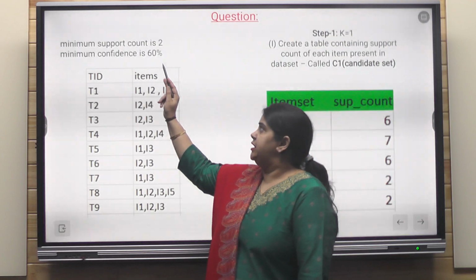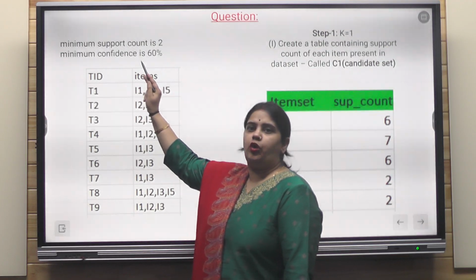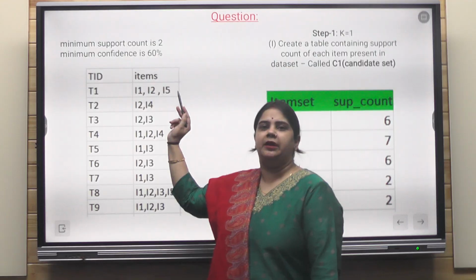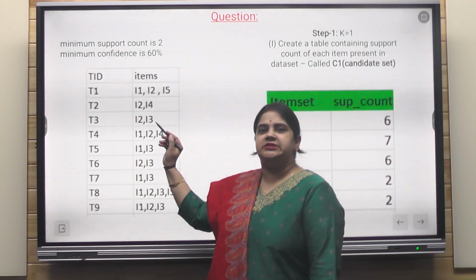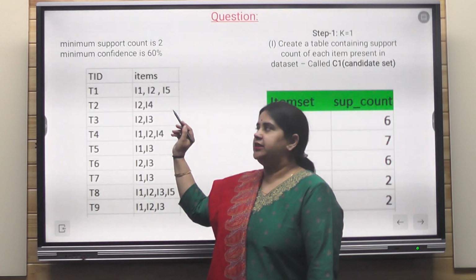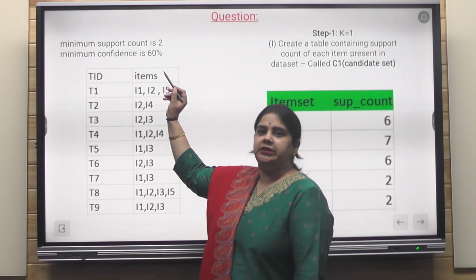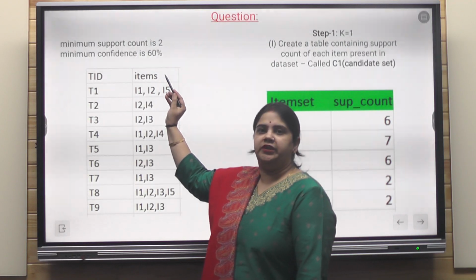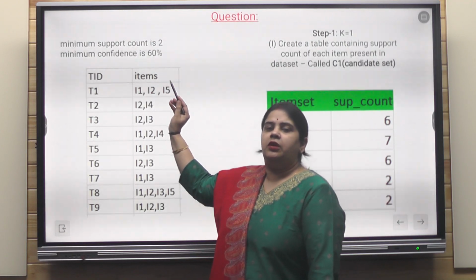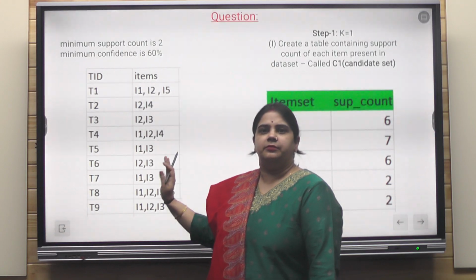I hope you all remember the confidence parameter; it depends upon the association rule. The association rule is basically derived as if X then Y. So the two parameters, the support count and the confidence, are to be given in the Apriori problem.